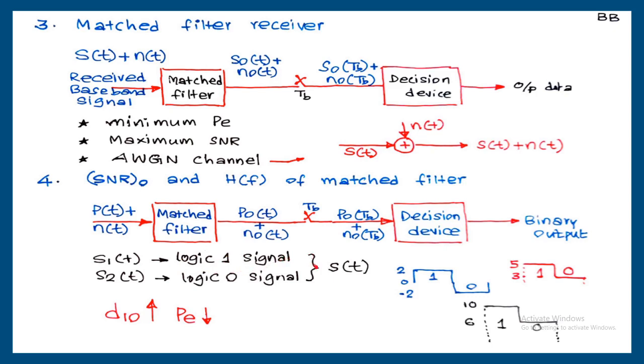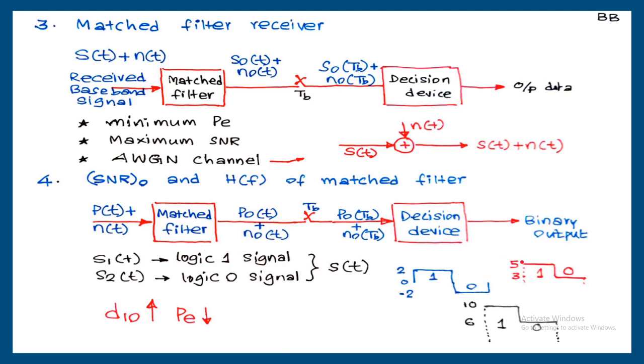So the combination of these two is known as S of t signal. That is actually showing here S of t. And I am showing 2-3 examples here. This is S1t, that is a plus 2 voltage, S2t is equal to minus 2 voltage. Plus 2 voltage, minus 2 voltage, decision boundary is equal to 0. And surely you are able to say, if any noise voltage is greater than 2 volt, this minus 2 will become positive and will get 1 bit error.